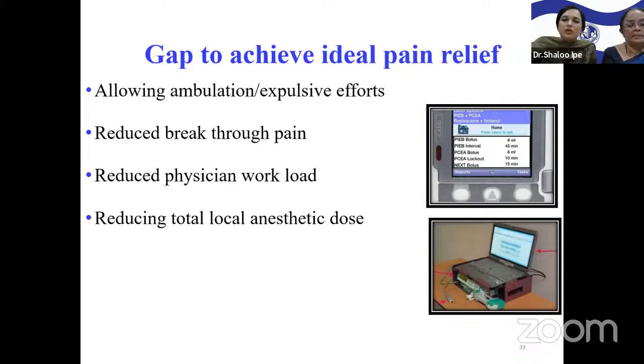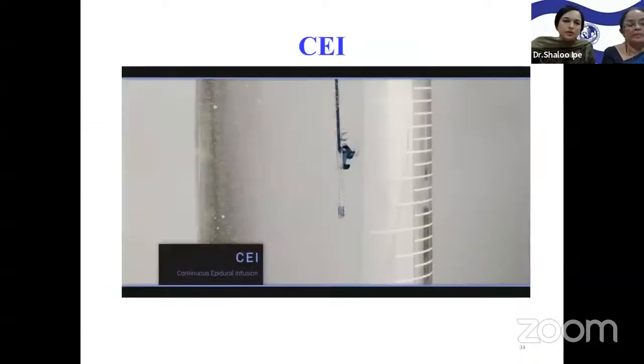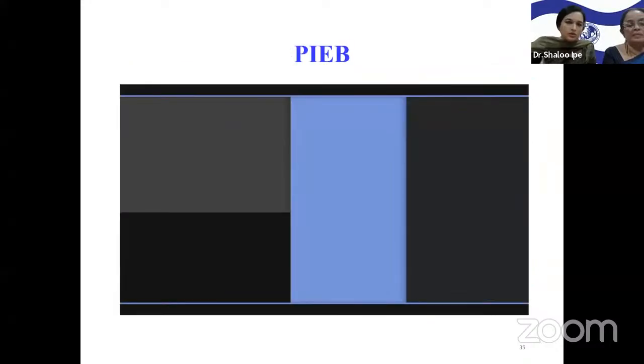With conventional epidural, there were gaps in achieving adequate pain relief. This led to the development of newer modalities that preserved motor function with better analgesia. So came the programmed intermittent epidural boluses or the PIEB pumps and computer integrated PCEA pumps. Slow continuous infusion with low injection pressure causes drug to exit almost exclusively through the most proximal hole of a multi-orifice catheter, limiting the spread of local anesthetic, as is seen in conventional epidural infusions.